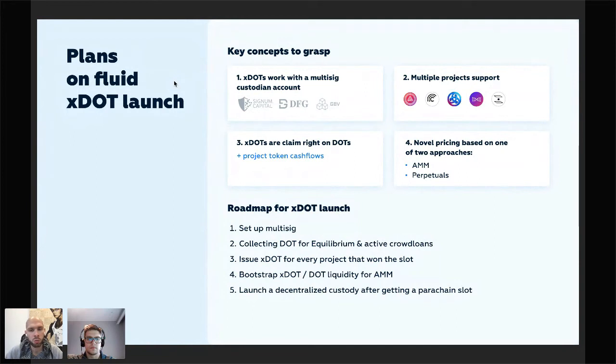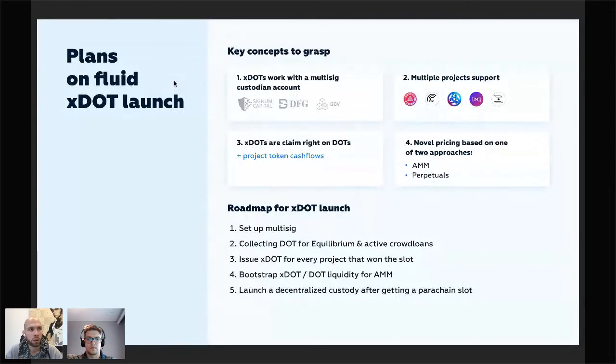After that, we will actually bootstrap liquidity for automated market making. In terms of pricing for xDOTs, we are considering two approaches. The first one is launching the automated market making protocol for that. Another potential approach is to launch perpetuals on that. If we go with the first one, we will be bootstrapping xDOT to DOT liquidity in the pool, and